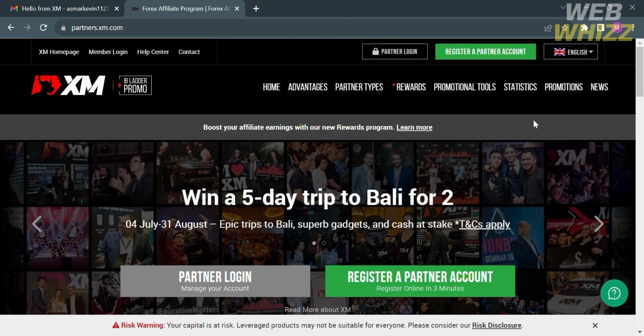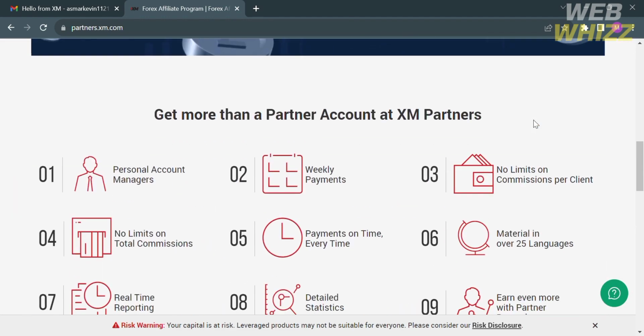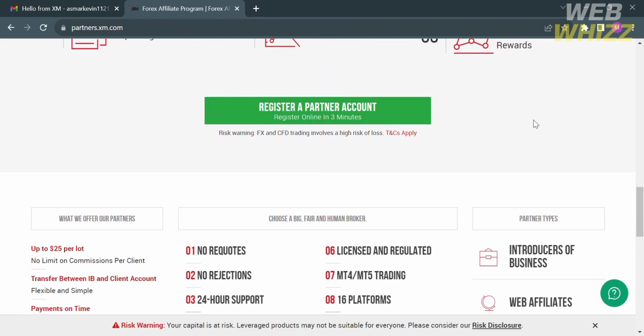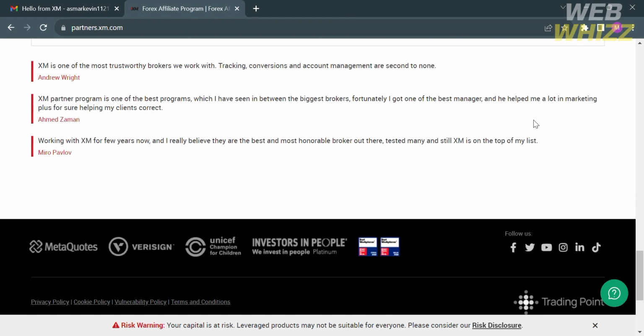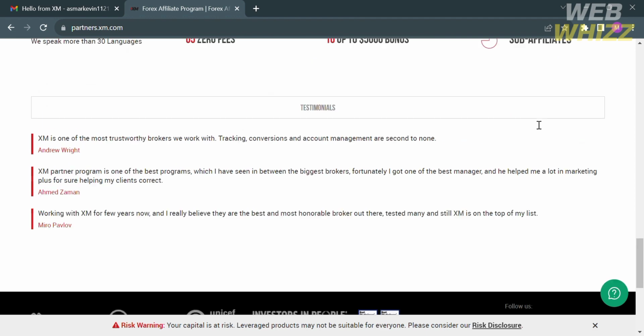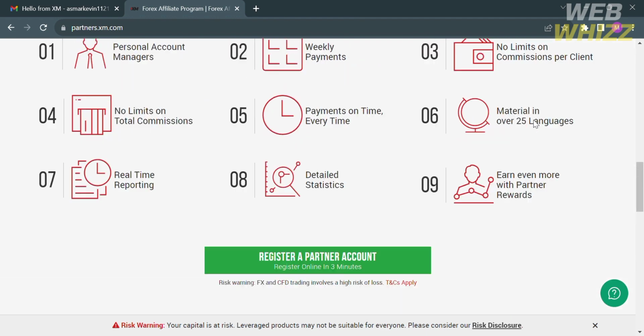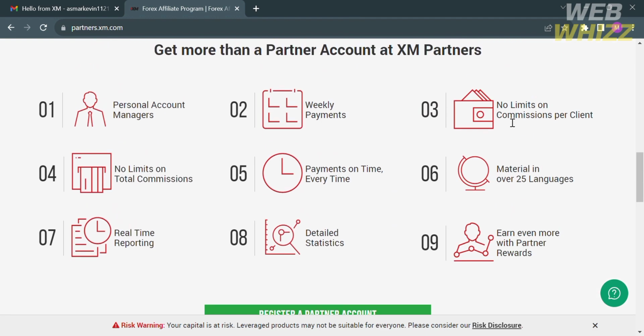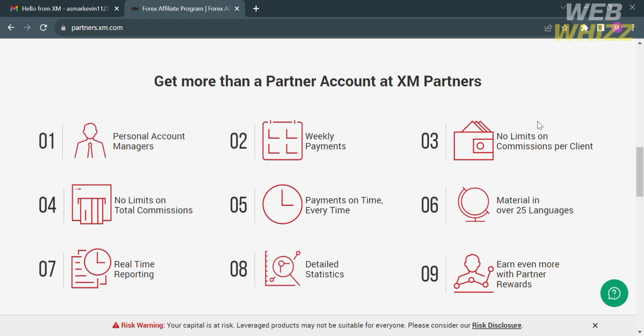XM is a well-known and reputable Forex and CFD broker that provides services for traders worldwide, in which traders can access the platform through desktop application for Windows and Mac, web-based platforms that require no download, and mobile apps for both iOS and Android devices. And also, this platform offers a user-friendly and comprehensive trading experience, allowing clients to trade a wide range of financial